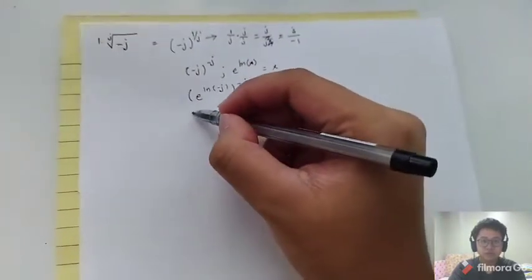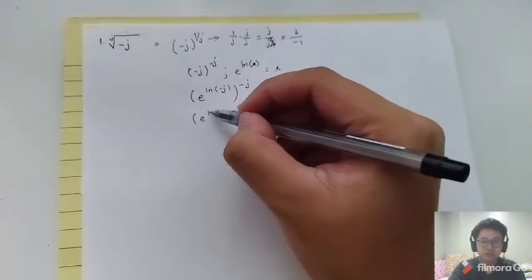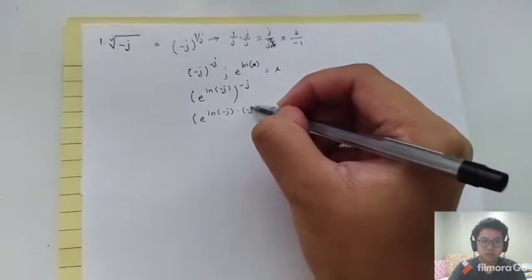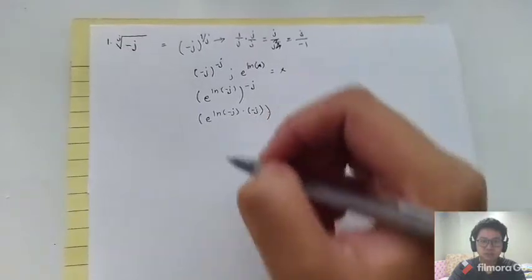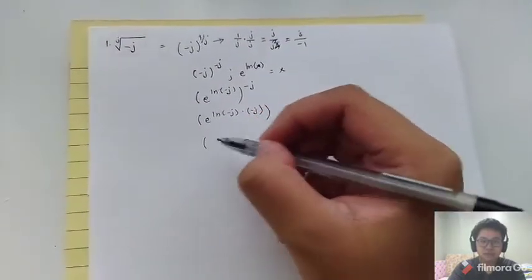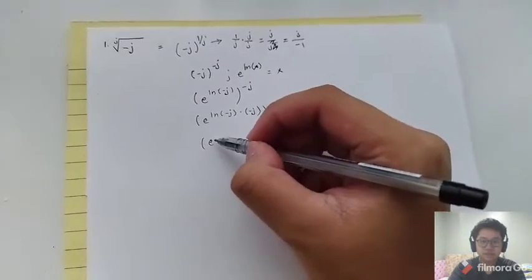By the rule of exponents, raising an exponent by an exponent, that is multiplying both exponents, e raised to ln of negative j times negative j, which is equal to,